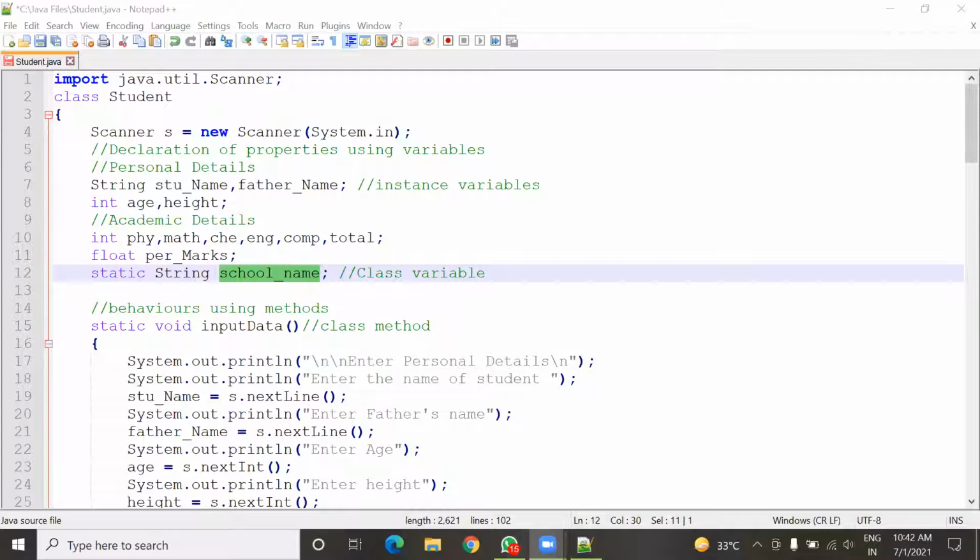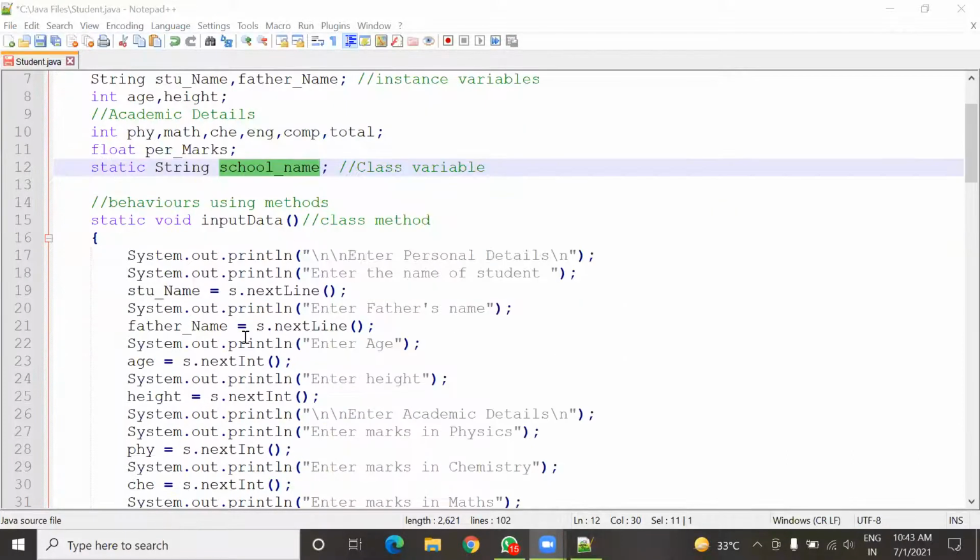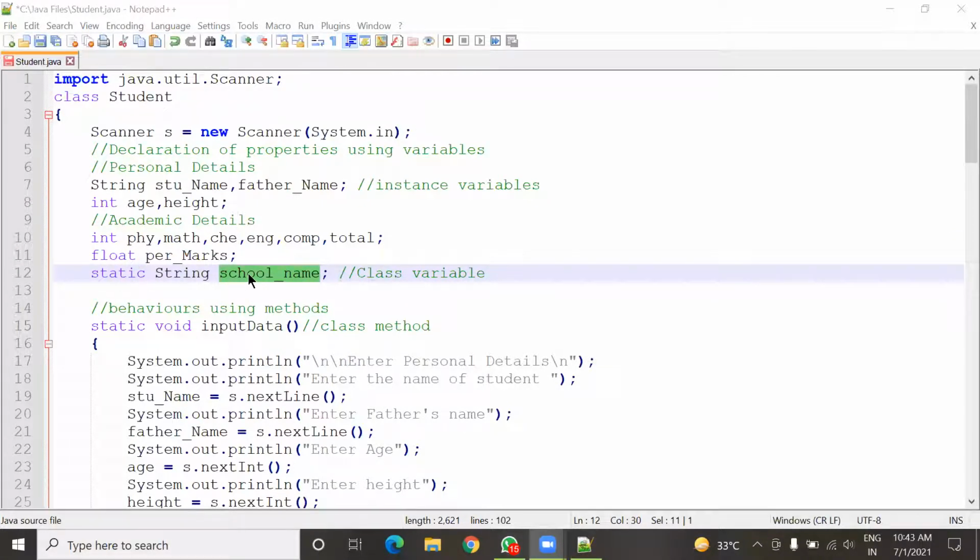So these are the terms I have to explain regarding object-oriented programming, and you will get these in your further classes, how to create such things in your program. Means how to create a static variable or method in your program, or how to declare instance variables and how you will use these variables. Okay.